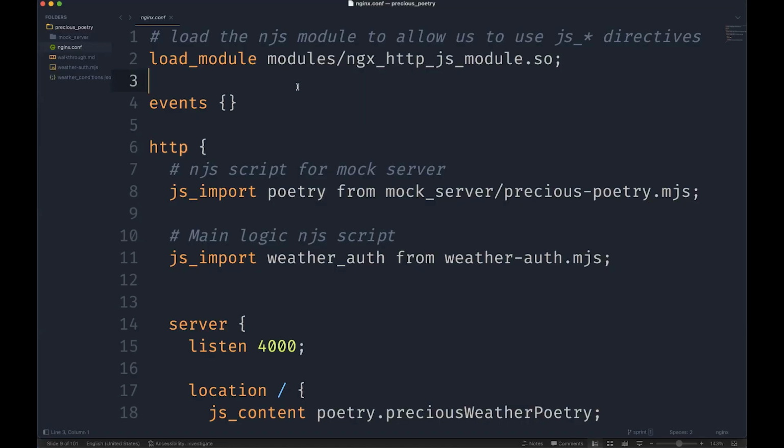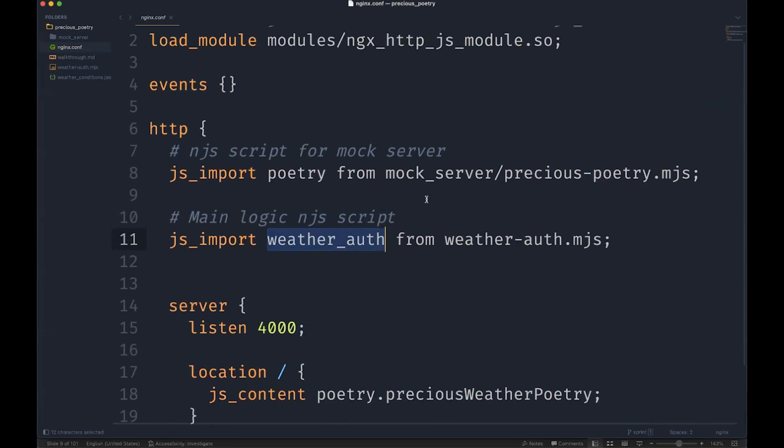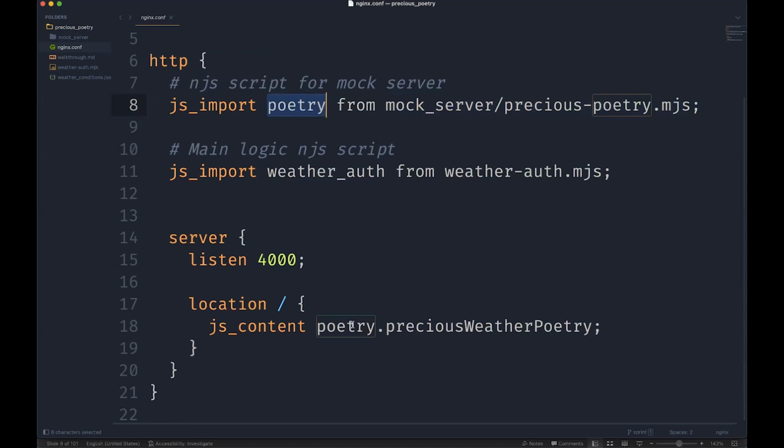I'm going to start off by showing you a very simple nginx.conf file, but I'll go through each piece to make sure that we're all on the same page. The load module directive up here brings in the NJS module and allows us to use the NJS directives in the rest of our configuration. The first NJS directive I'll introduce to you is the JS import directive. The JS import directive simply allows us to reference a file containing JavaScript code and optionally provide an alias by which we can use to reference it in the rest of the configuration. For example, I'm pulling in the precious poetry.mjs file, assigning it the alias poetry, and I'm using it down here to serve my poetry,